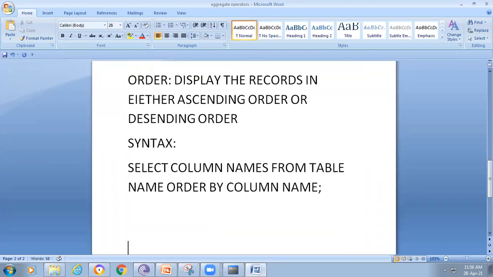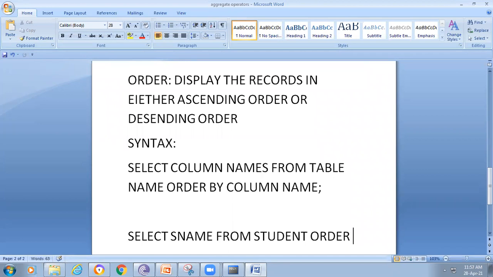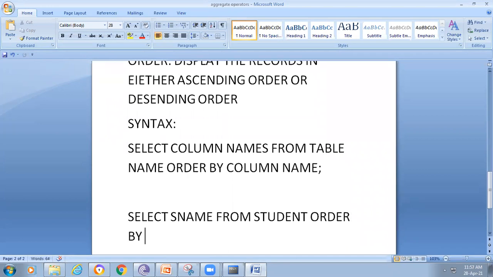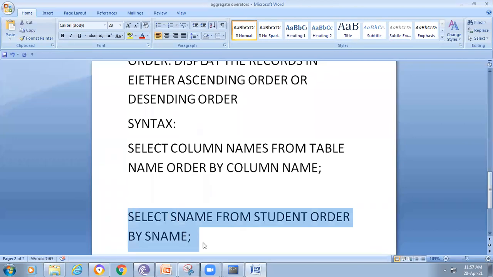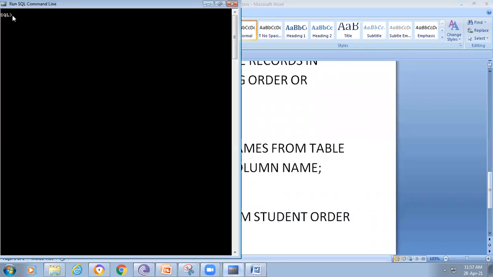For example, if I order the names of the students according to their names: select s name from student. If I give it like this, it will display the student names. But here I try to order this. Order by which field? S name. If I give it like this, then it will display the student names in ascending order.